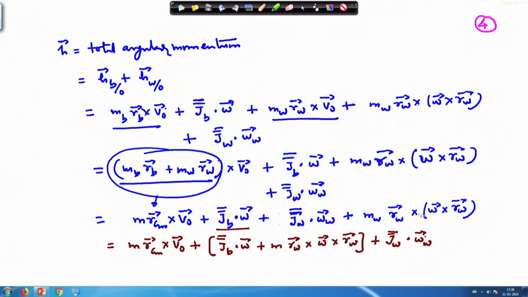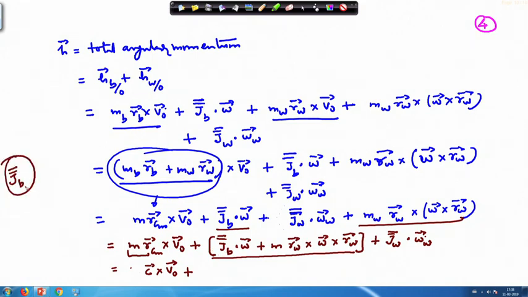We combine this term and this term, and this particular term here, m times r c m, for brevity we can write as c. So, this quantity you can see is the moment of inertia dyadic of the main body, J double bar, J B double bar. So, this is indicating the moment of inertia dyadic of the main body.